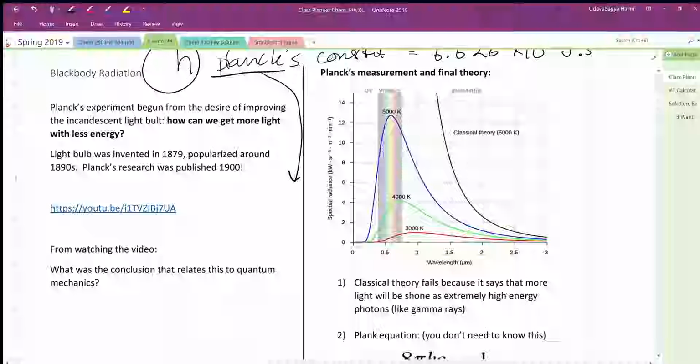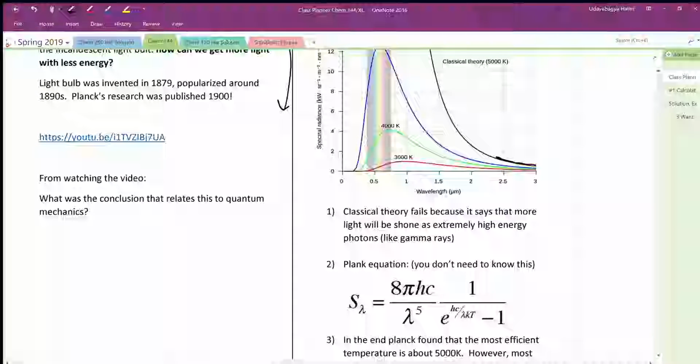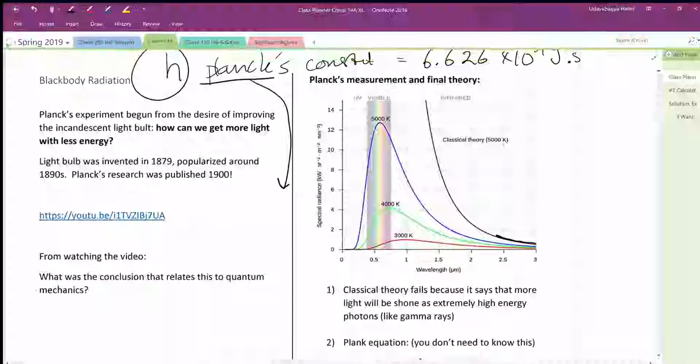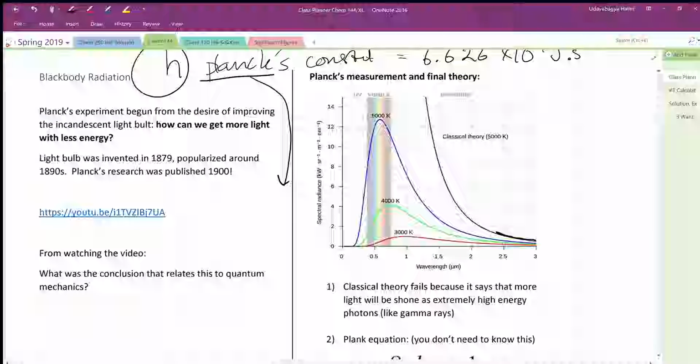He was actually commissioned to try to fix a light bulb, to make a light bulb better. He was essentially hired by a light bulb company to make their light bulb more efficient. And essentially what happens before, I'm not going to go into the mathematics, so you don't need to know this equation here, don't worry too much about it, is that based on an older theory, which is what they call the classical theory,